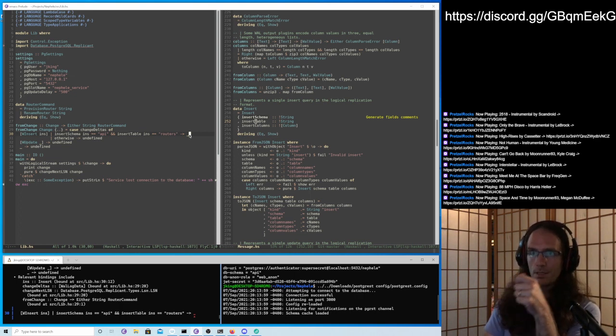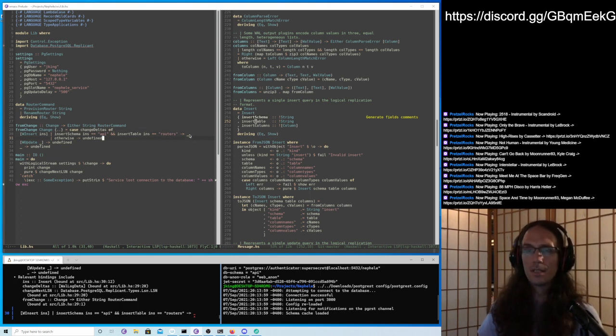When we're doing an insert, we could insert just one column or many. So we're going to have to make sure that we have all the fields we need to implement our command in this insert as well, in order for us to get an actual router command. So already that's about three errors. We're going to have an error case in here as well when we don't have the right number of columns.